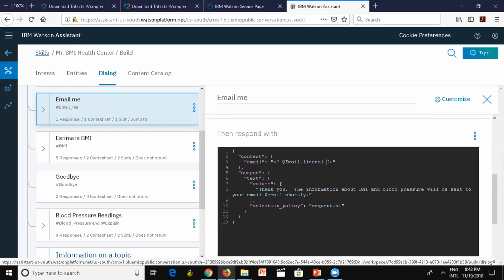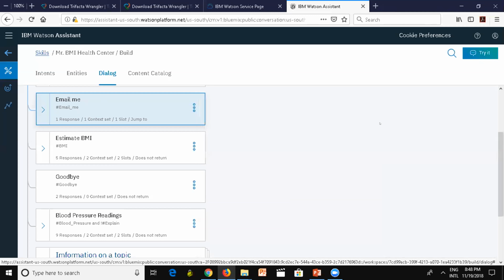But in this case, I'm picking up the entity. I'm trying to recognize the entity from the input, not just the input itself. I need to grab it, because my input could be something like "my email is blah, blah, blah," and it's supposed to pick up only the email, right? So if my input contains something funny, it will just pick up